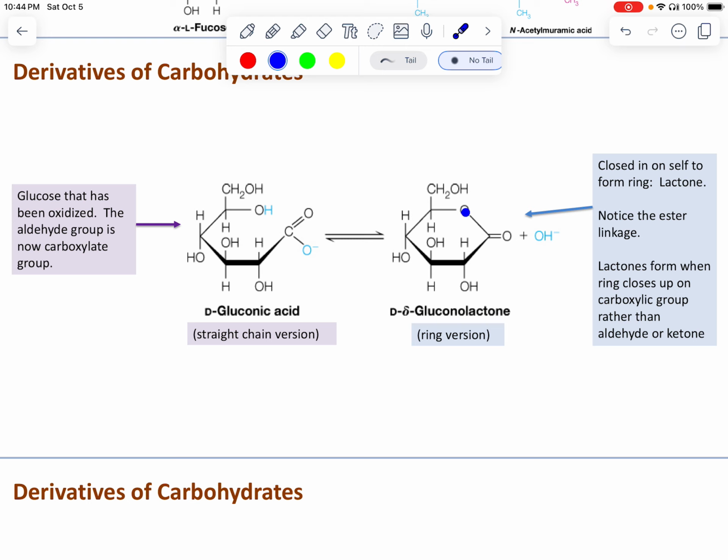And we can form this bond. And notice, this is called a lactone, when this ring closes up on a carboxylate group rather than an aldehyde or a ketone. And so notice that right here we have this carbonyl instead of hydroxide. All right, let's look at